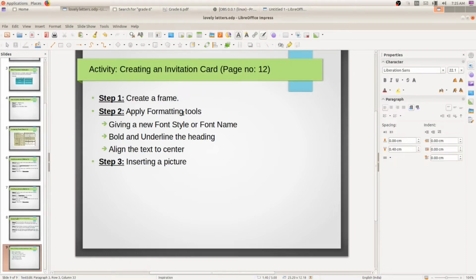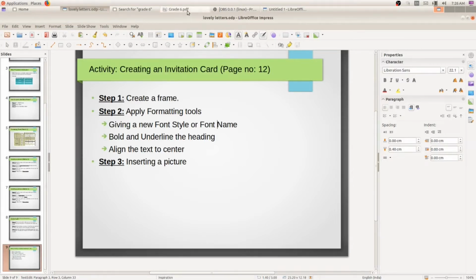What all formatting tools? Yes, we need to give a new font style or font name. We can make the text bold. We need to underline the heading. What is the third thing? Align the text to the center.